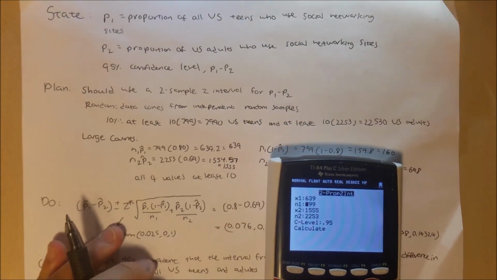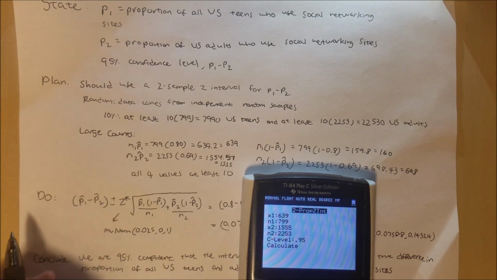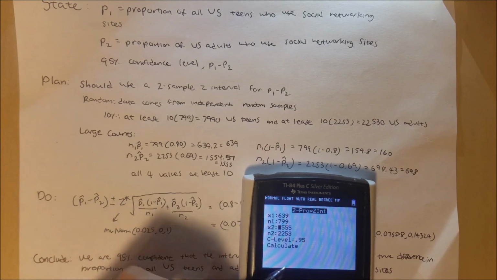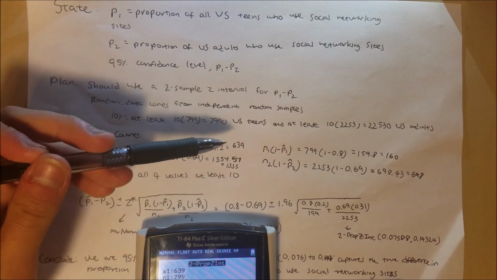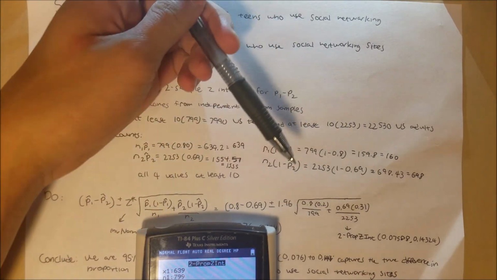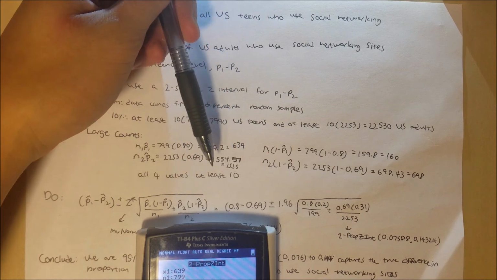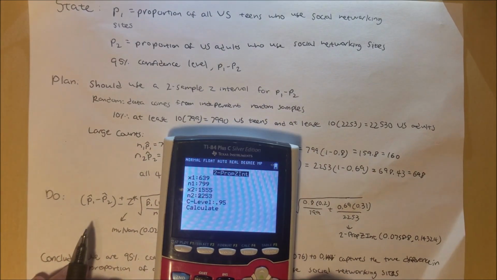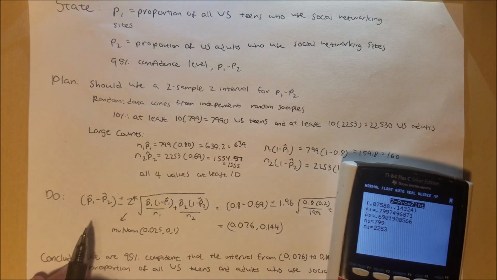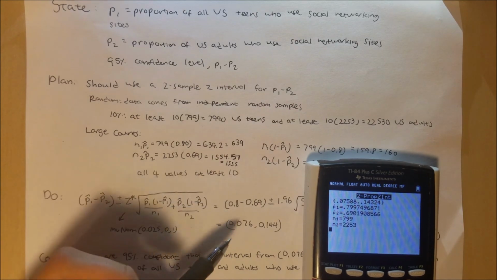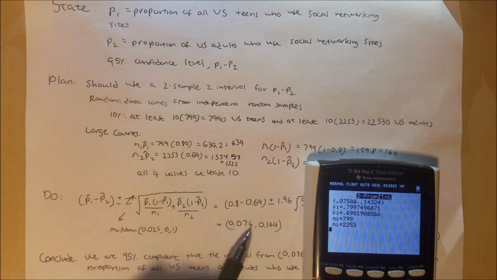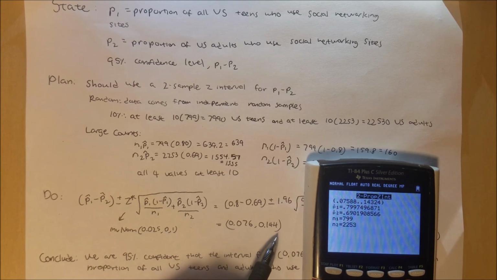So for x1 it's 639, n1 is 799, x2 is 1,555, and n2 is 2,253. So we got 639 and 1,555 from these observed values, and after that we just press calculate, and then there is our interval. So from the calculator we can determine that the interval is from 0.076 to 0.144,